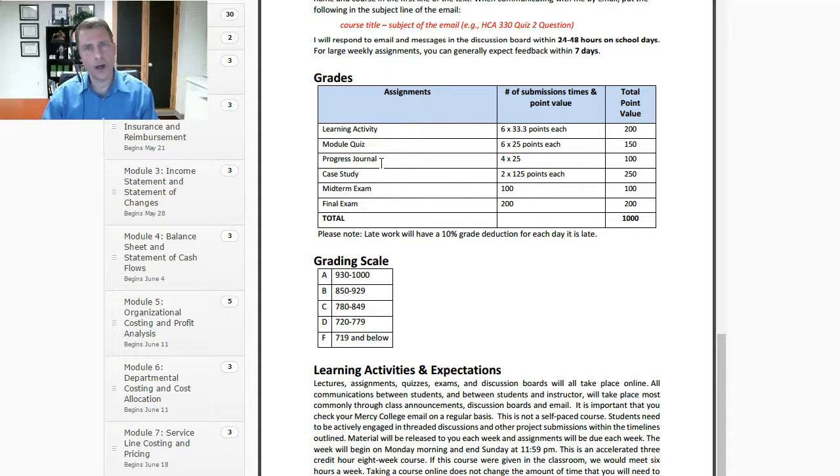We're going to have something called a progress journal where I'm going to be checking in on you 4 times throughout the course. I really find that's a great way for me to know more about you, how you're doing in this course, how you're doing in all your other courses, and feedback from me, like, what can I do to help improve? How can I help you and your learning style? So I think that's been really successful for me, and the students have really appreciated that. So hopefully you will too.